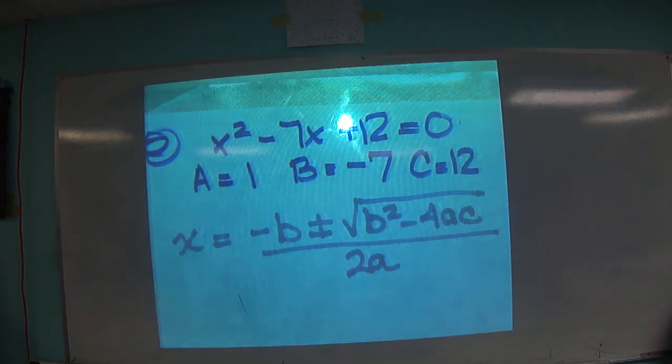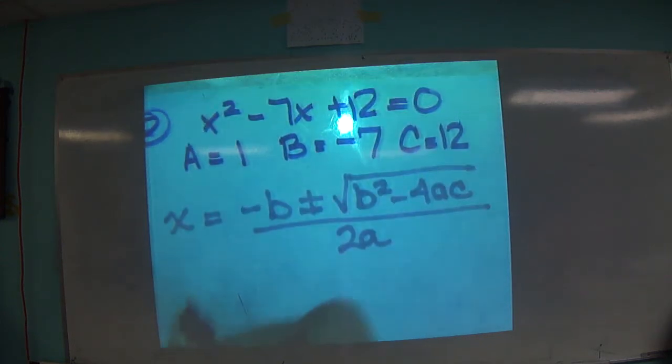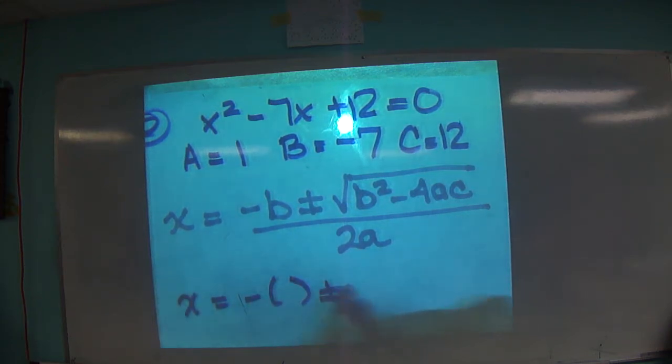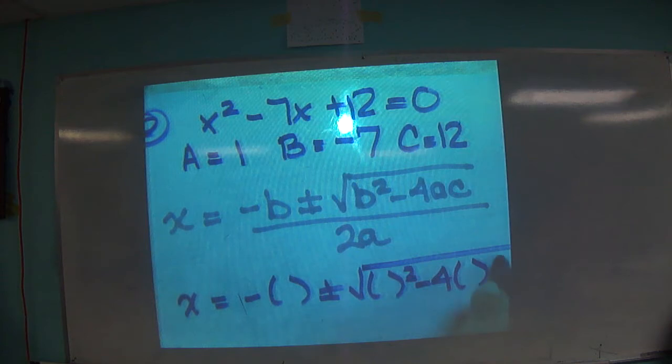The way I find works the best: rewrite your quadratic equation. x equals opposite parentheses plus or minus parentheses squared minus 4